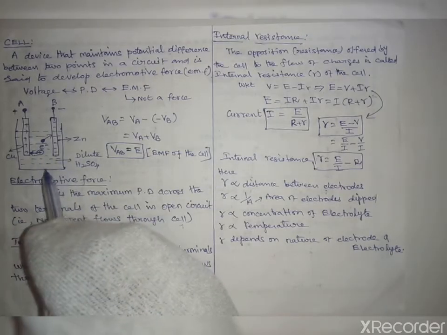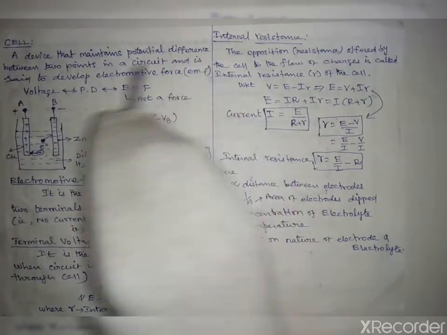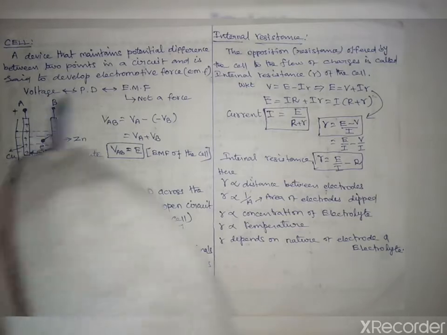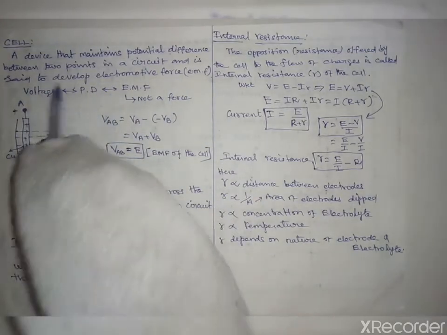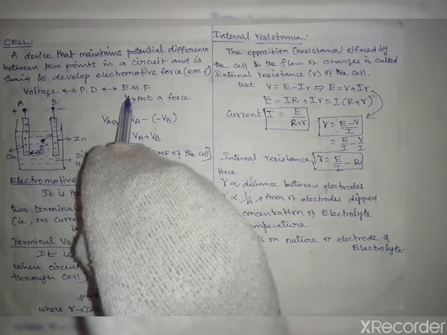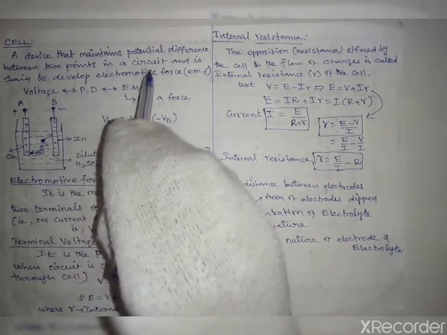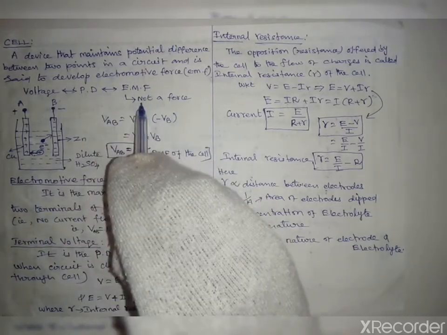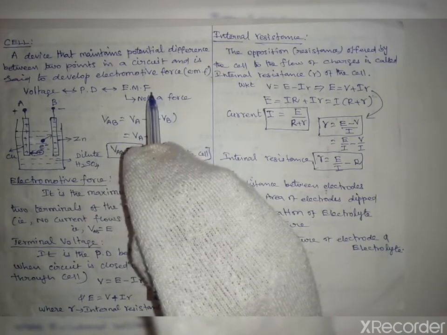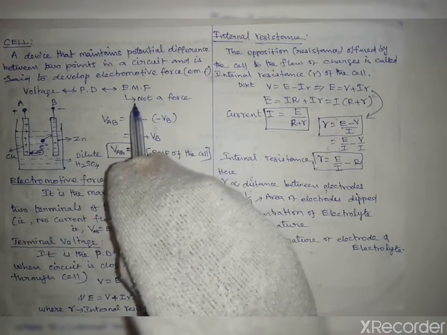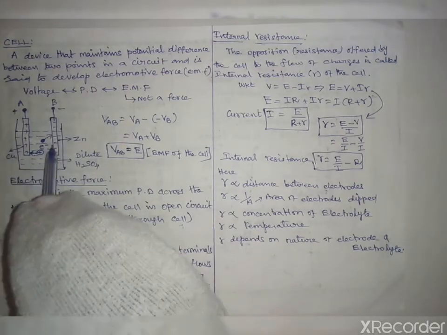Here an electrolytic cell is shown in the diagram. Usually a cell is a device which maintains the potential difference between the 2 points in a circuit and is said to develop electromotive force. First thing we should know, the voltage, potential difference, electromotive force, all have the same meaning. Simply they are providing the potential difference between the 2 points. So here electromotive force is not a force. It simply represents a potential difference, voltage, that's all. So historically this name came,